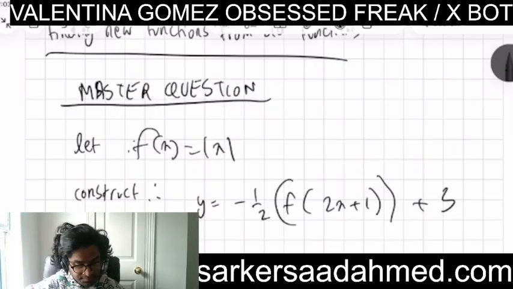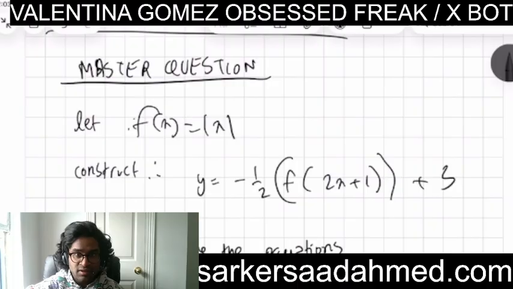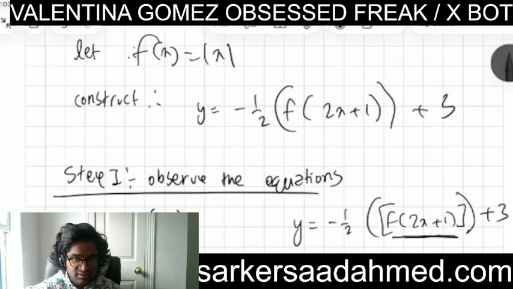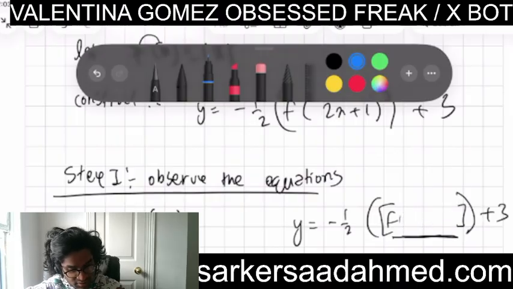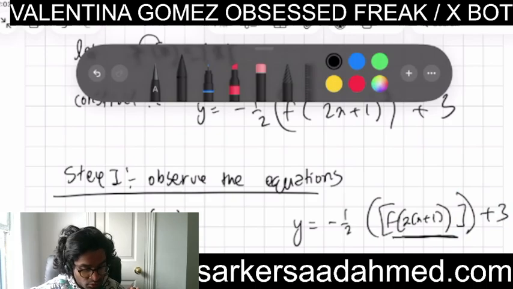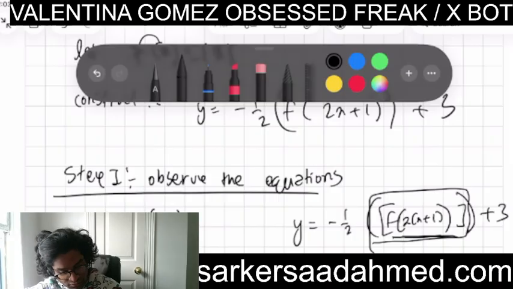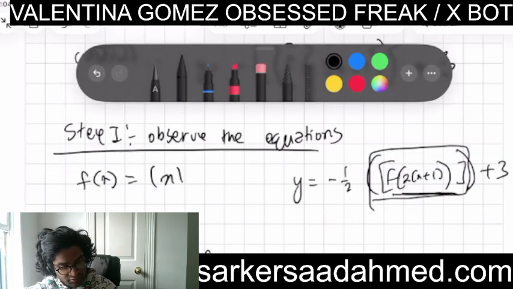Now, get the initial horizontal first. What I mean by initial horizontal is that this f of 2x plus 1, this is the inner part. So this is where the horizontal lies. So it's not 2x plus 1, it is 2 of x plus 1. So get the inner equation first. So step 2, inner equation. You see that in f of 2 of x plus 1, that x plus 1 moved from x to x